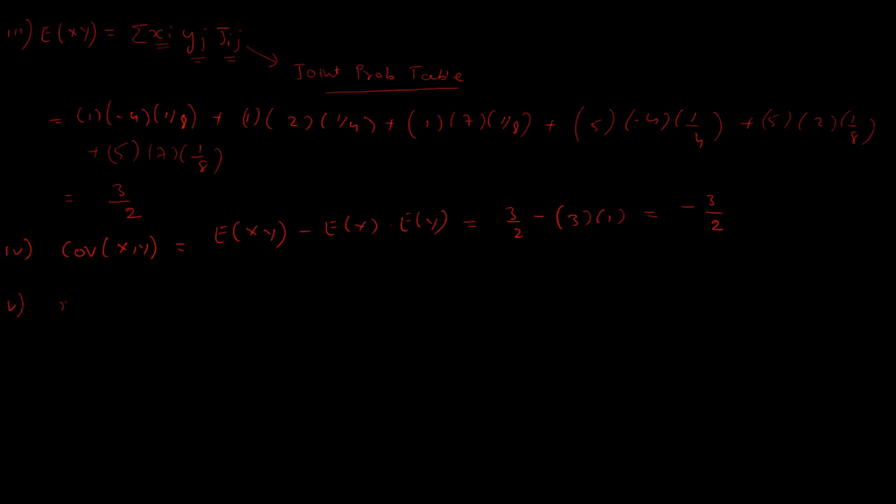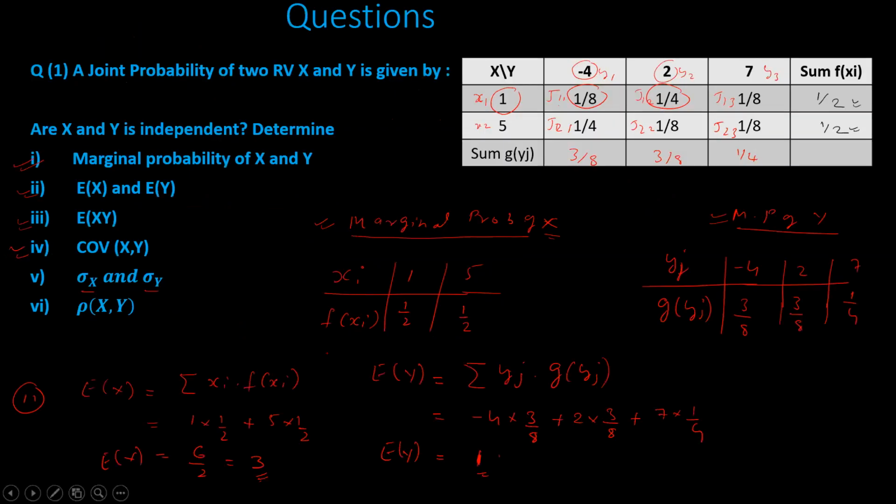So fifth part, I am taking variance of x. So what is the formula of variance of x? E of x square minus expectation of x whole square. Okay, so we already know how to find E of x square. Previous slides we have seen. If we just quickly go back, here we have E of x. So I have taken x here. So whenever you want to find E of x square, same formula you will get x square. Okay, that is the only change here. So I will just put the formula.